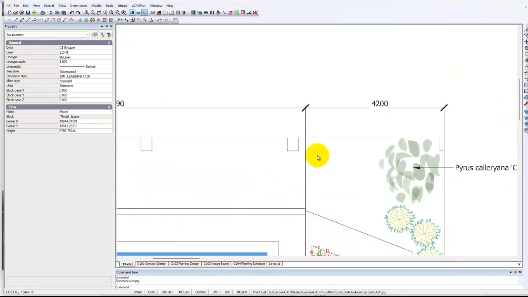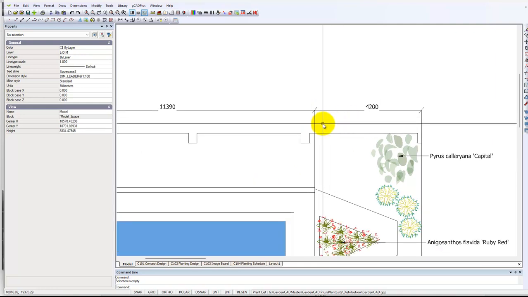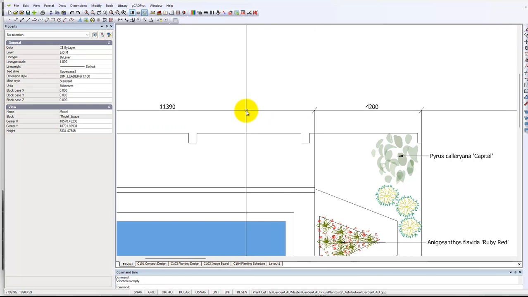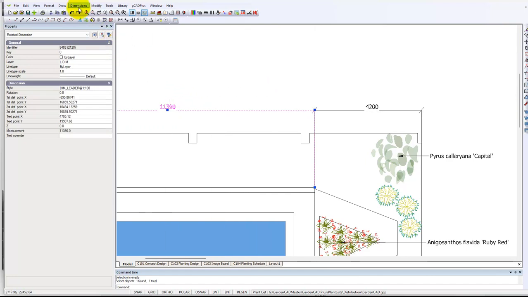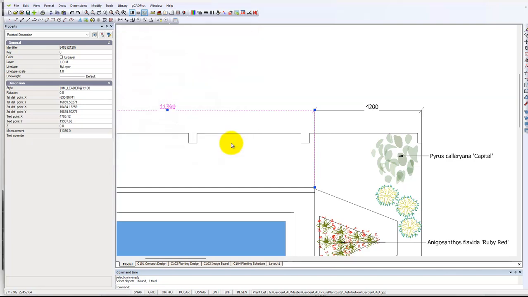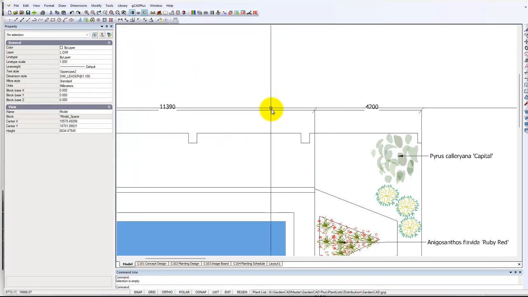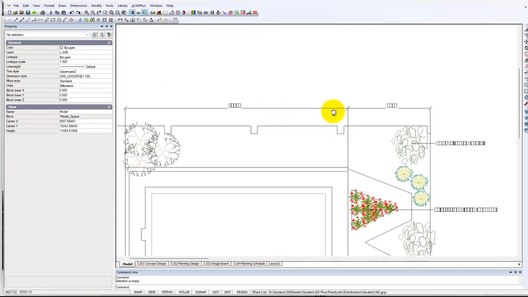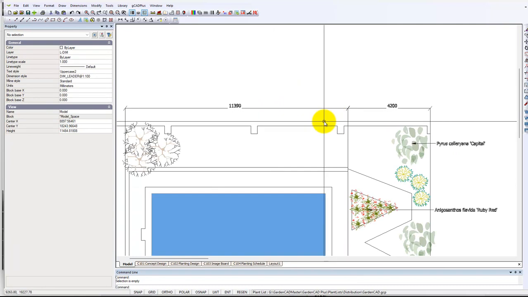Well, you may have noticed that the arrowhead or marker at the end of the dimensions was too small to be seen. That was fixed by clicking here, going to dimension style, and under geometry, we're interested in the arrow size and leader size. We've set it at 200. It was actually set at 1. So if I OK that,